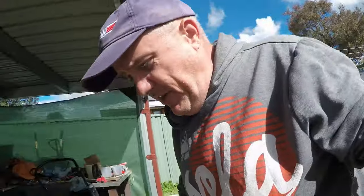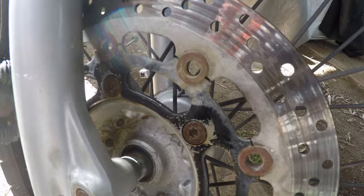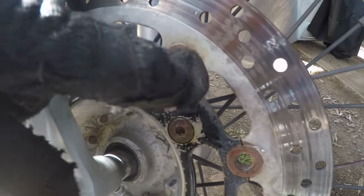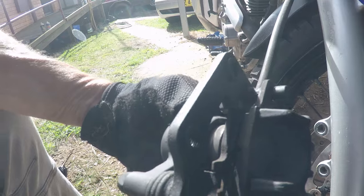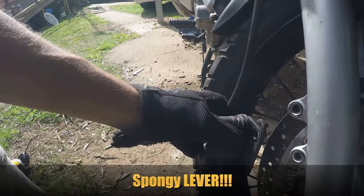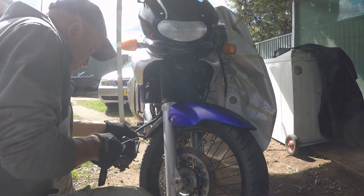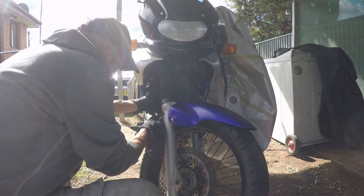Now I've got myself in a bit of a kerfuffle here. I've got the old 20 plus year old Suzuki here, and we can see that the brake disc buttons and the mounting bolts are pretty corroded. Now, we were talking about a spongy brake the other day. The pads look all right now, I've got them off, and just hang on a second while I zip tie this out, because you don't really want to hang these things by their own weight,